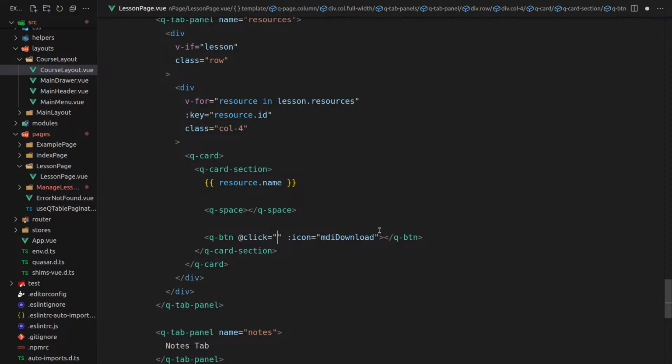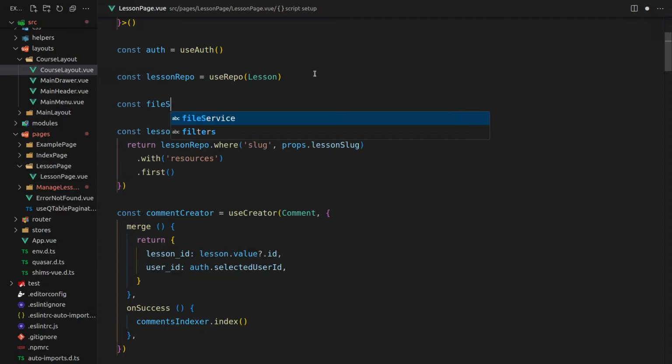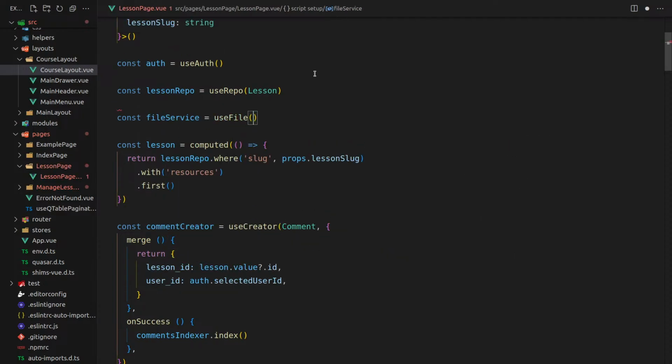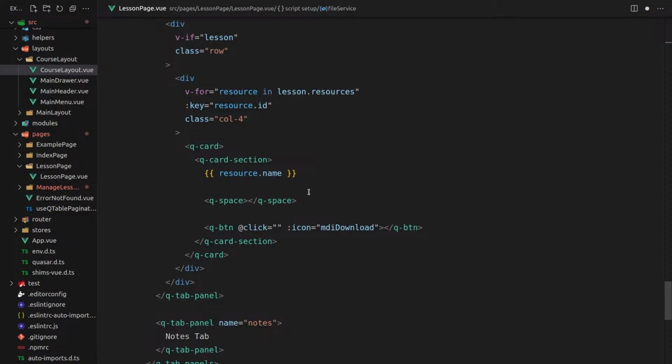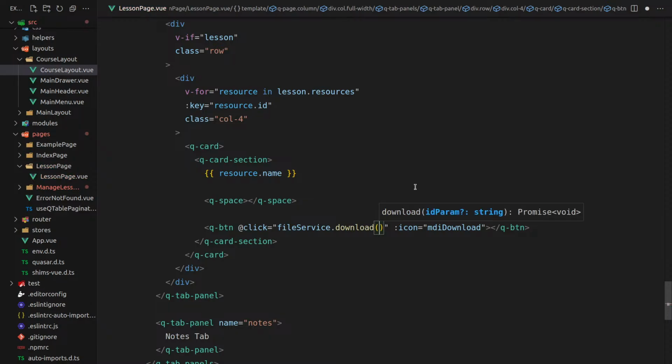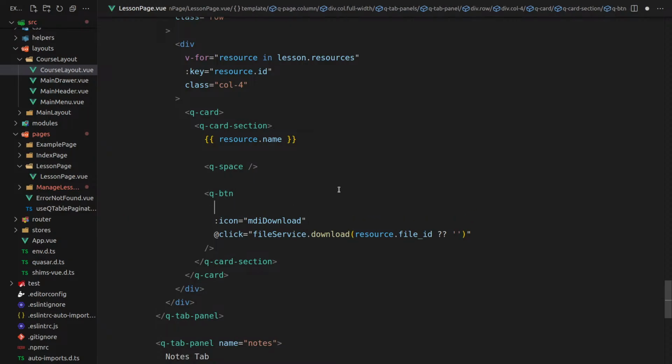And to download it, we're going to need our file composable. So let's say const file service is equal to use file. Definitely think there's some work that we can do on the API for this, but that's for another time. And this is where we kind of do our magic here. File service dot download, and the ID is going to be resource dot file ID. And we'll just coerce that. We'll make that an empty string. Or you know what we could do? We could just say an if statement here. It's got a file ID